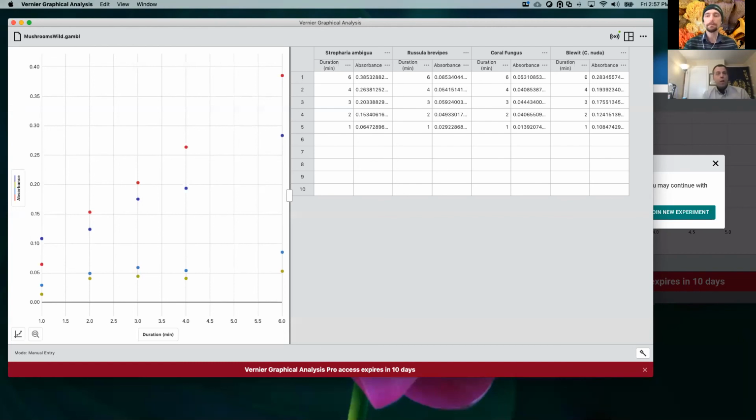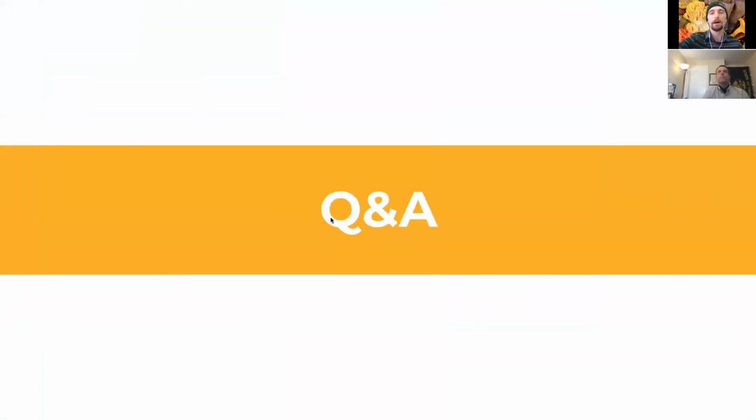Does the protocol differ? Not really, because it's pretty much the same, right? Take the organism, grind it to try to extract the enzyme from it, and then filter. That's the generalized protocol you can use with a lot of different organisms. And I have some teachers that like to throw a red herring in there, and they'll give them like celery and say, see if you can find it in here. It is good to throw a couple of those in there too, just to reality check that this isn't all over the place and you're specifically looking at these organisms because they are the ones that really do produce it.